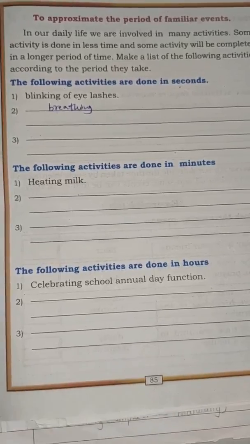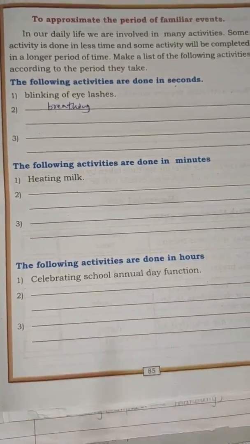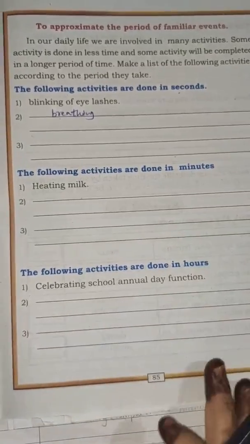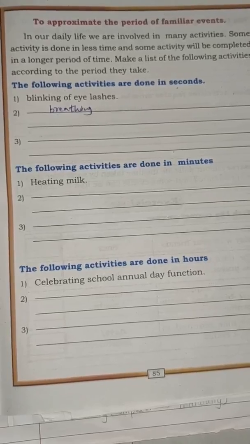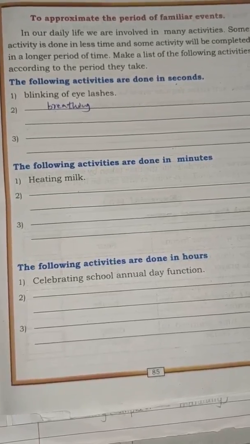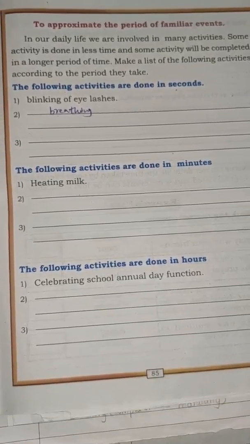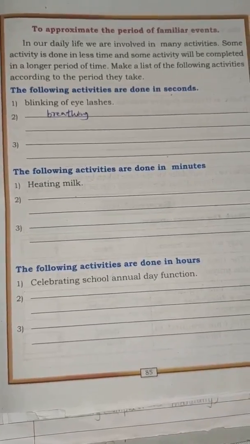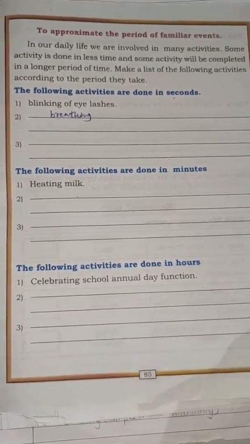Yes or no? And some functions in your house like marriage, naming ceremony, birthday parties. It takes hours. It will not take the whole day. Whole day in the sense what? 24 hours. Yes or no? It takes some hours. It may be 10 hours, it may be 12 hours, it may be then 7 hours. Yes or no? Okay, now turn the page.